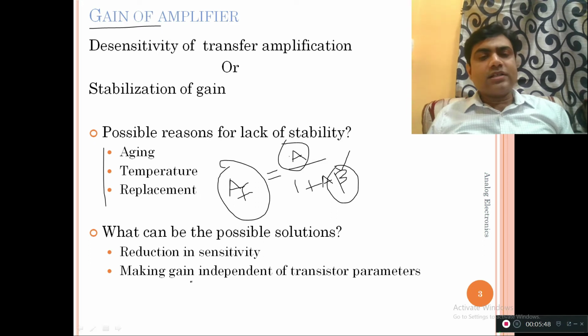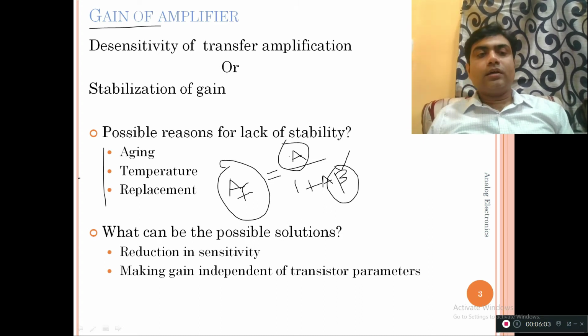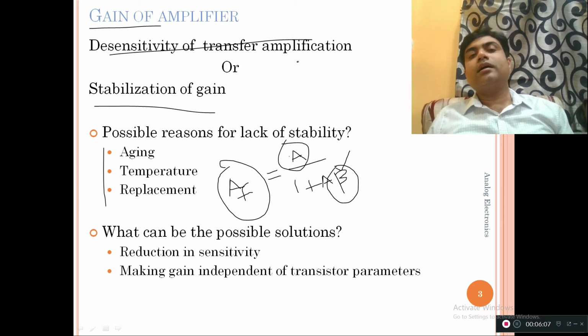So reduction in sensitivity. Second is making gain independent of the transistor parameters. This is very important. If you make the gain independent of the transistor parameters, then we can also have the possible solution of the stability of the gain. So the stabilization of the gain or desensitivity of the transfer amplification